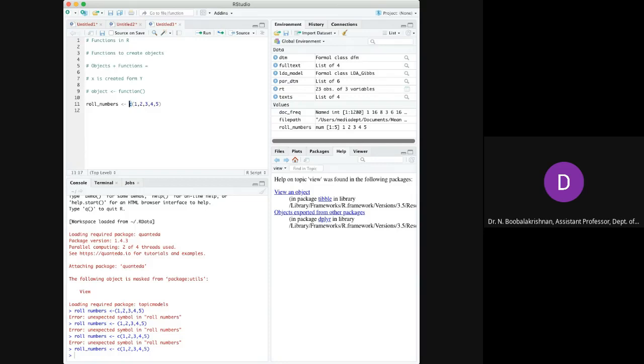So x is created, the roll number is x, which is created from this y. Y is the function C, the concatenation of 1, 2, 3, 4 and 5.